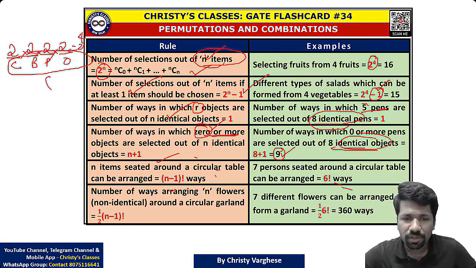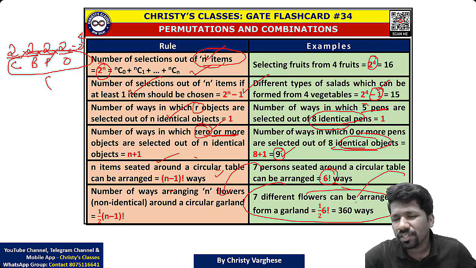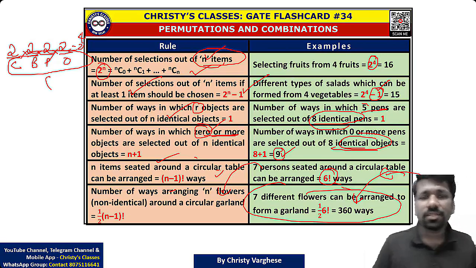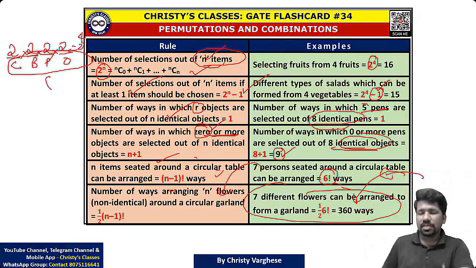Now this we already discussed. N items seated around a circular table. 7 persons seated around a circular table, 6 factorial arrangements are there. This is a complicated version of it. This you can skip for the time's sake. Only this is enough. इतना क्लियर है ना? प्लीज रेस्पॉन्ड। परम्यूटेशन कॉम्बिनेशन का एक्स्ट्रा थियरी भी हम डिस्कस कर रहा है अभी।